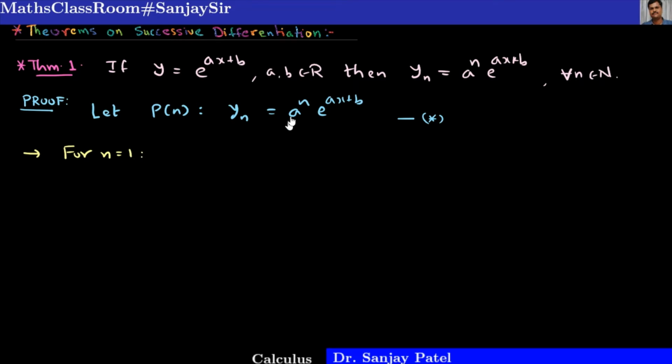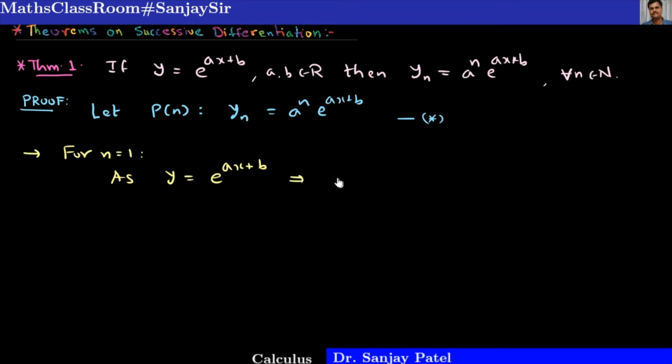For n equal to 1, I am required to prove y1, that is the first derivative, is equal to a raised to 1 into e raised to ax plus b. y1 means the first derivative, or dy by dx, of the function y. So as we have y is equal to e raised to ax plus b,